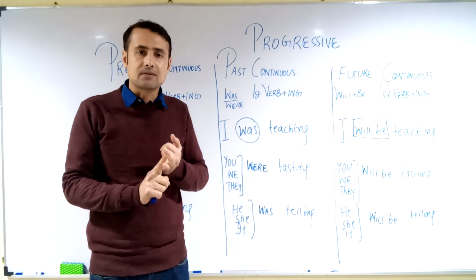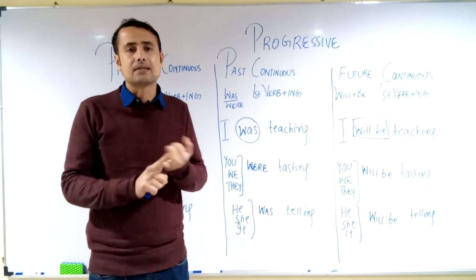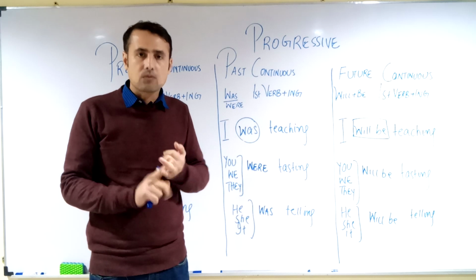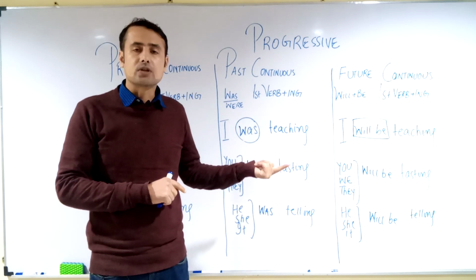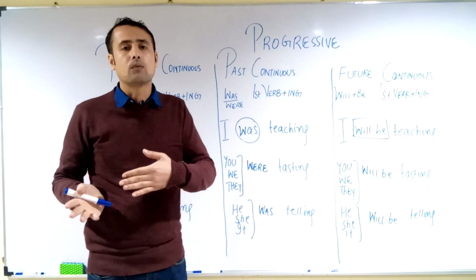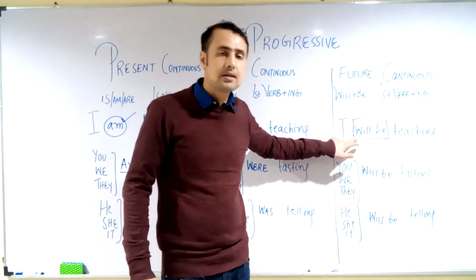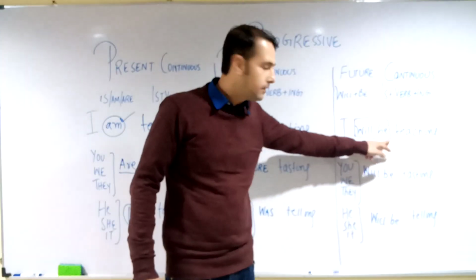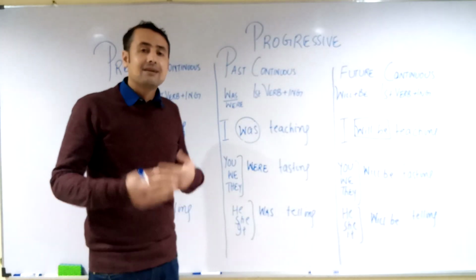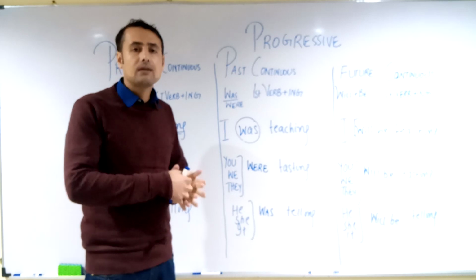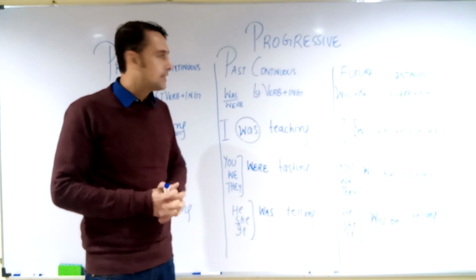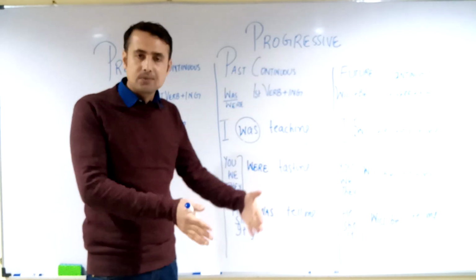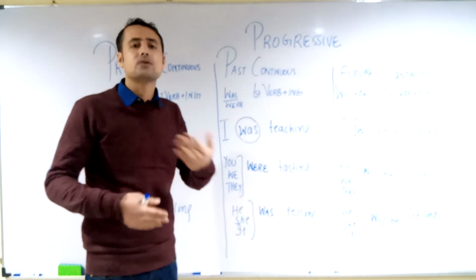In present continuous, we use is, am, are with first form plus ing, with past continuous was and were, and in future will and be. Why will and be? Because I'm unable to say I will am teaching. So we use the base form of be. What are the uses of all these three continuous tenses? If it is continuous, it means it is in progress. If you are doing something at present moment, it means you have to use